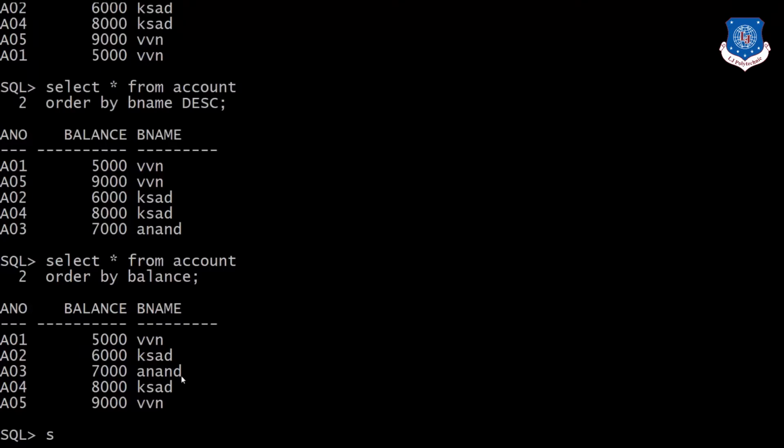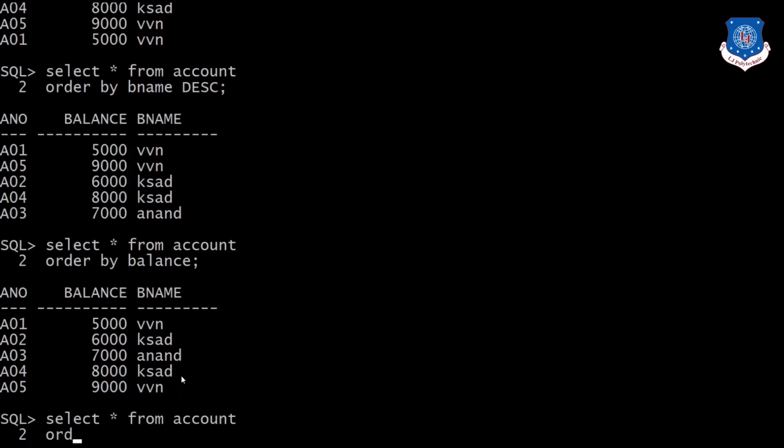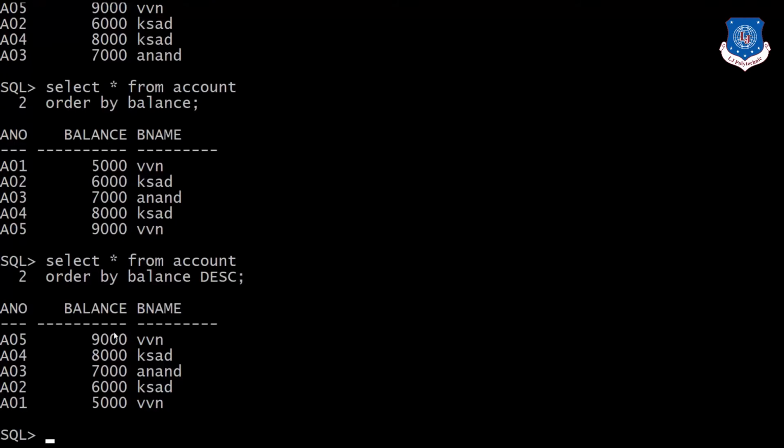As we understood, if we want to sort data into descending order, we need to specify DESC, meaning descending, explicitly. So it will display the maximum value first and the minimum value last, as we have sorted data into descending order.